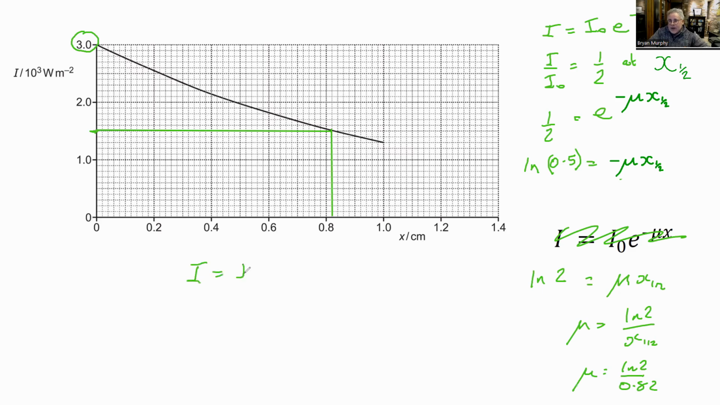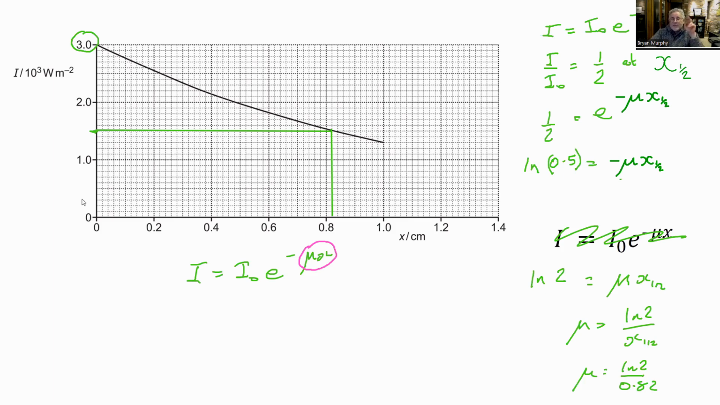I equals I naught e to the minus mu x. There can't be any units on the exponent. It's just not mathematically possible to do e to the 4 kilograms, e to the 18 centimeters, e to the minus whatever. It can't have any unit, but there are always at least 2 things being multiplied together, which means